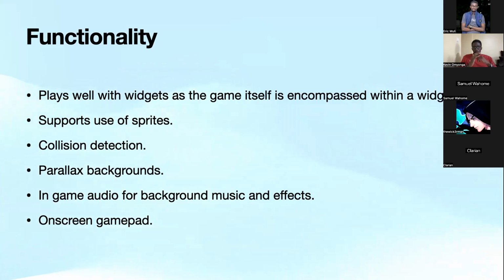It supports parallax backgrounds. With a parallax background, I'll probably have to show you this, but it's essentially a situation where you have your individual moving on, let's say, the ground, and as they walk forward, the background kind of moves with them, but at a slower pace.